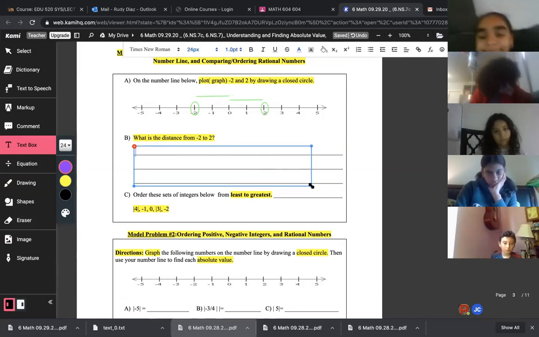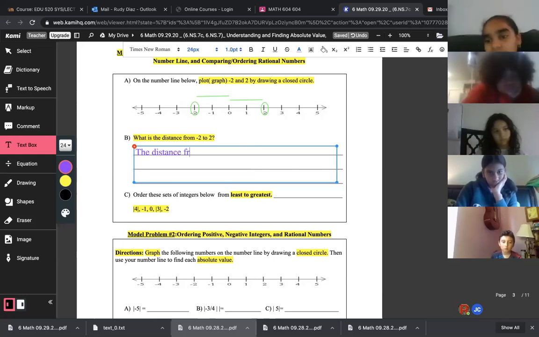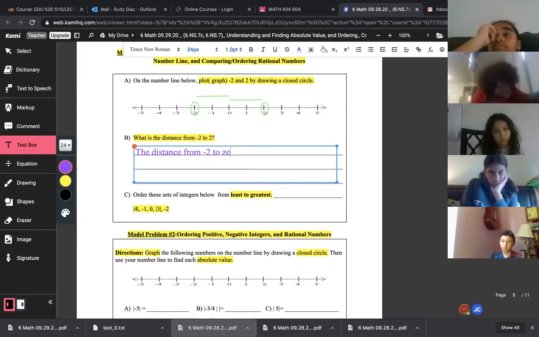Samari? How far is 0 from -2? The distance from -2 to 0 is? 2. Yep, it's 2 units. And what's the distance from 0 to 2? How far is 0 from 2? 2. She just said that. Yes, so you can conclude that